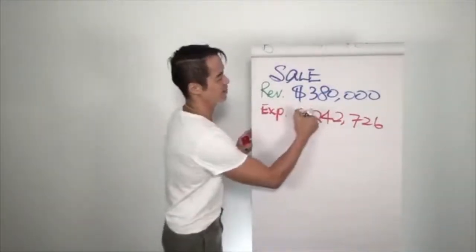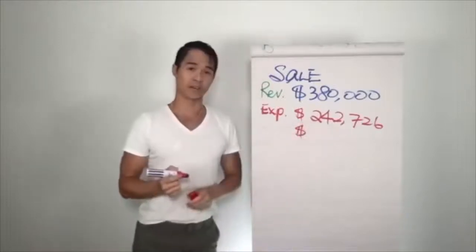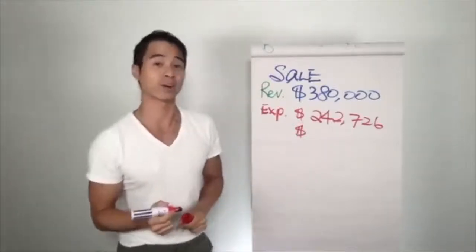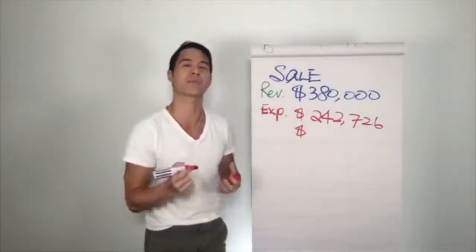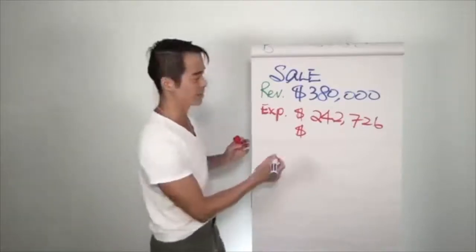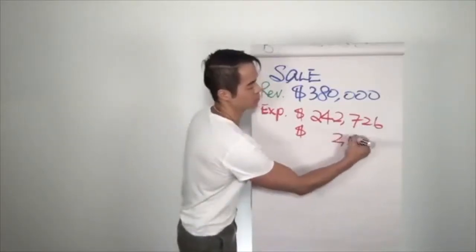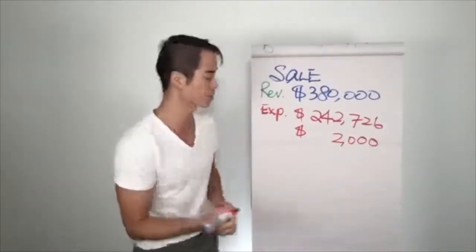So let's make sure that that is there, first of all. Second of all, unless you're a lawyer, and even if you're a lawyer, you might not be allowed to close this deal on your own behalf. So we've got to pay a transaction lawyer or a conveyancing lawyer to finish the transaction for us. I usually just budget $2,000, even though in most markets it wouldn't go up to $2,000.